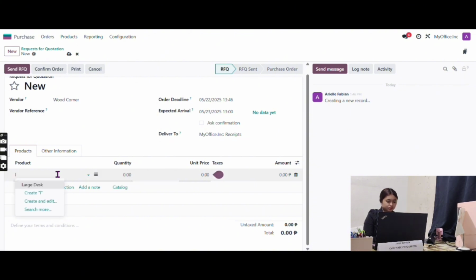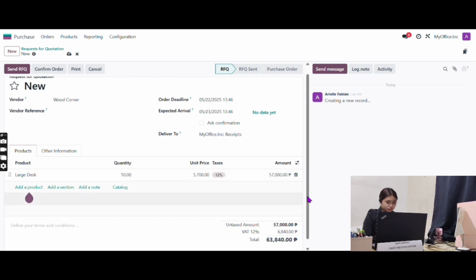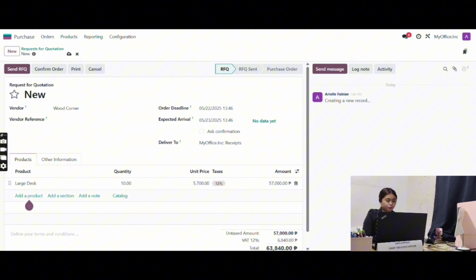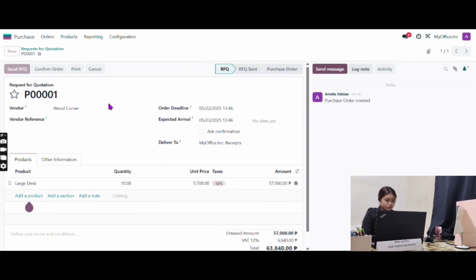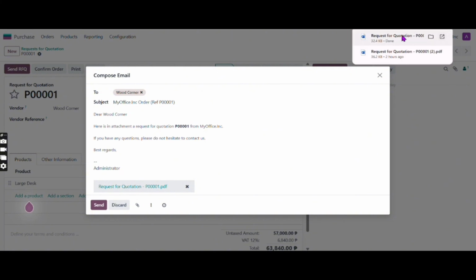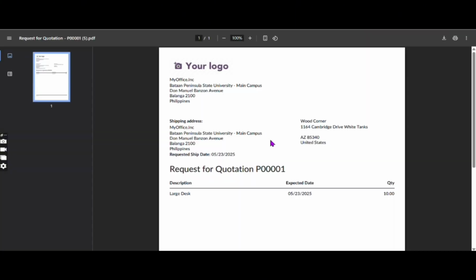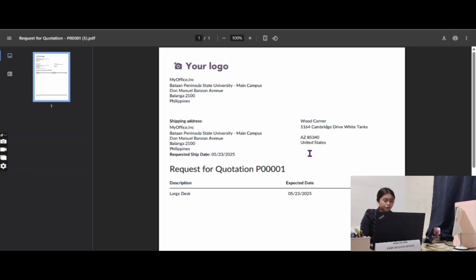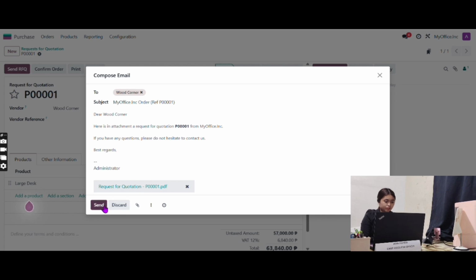Select large desk and change the quantity into 10 and send RFQ. Set the email and here's the email or request for quotation and send it.